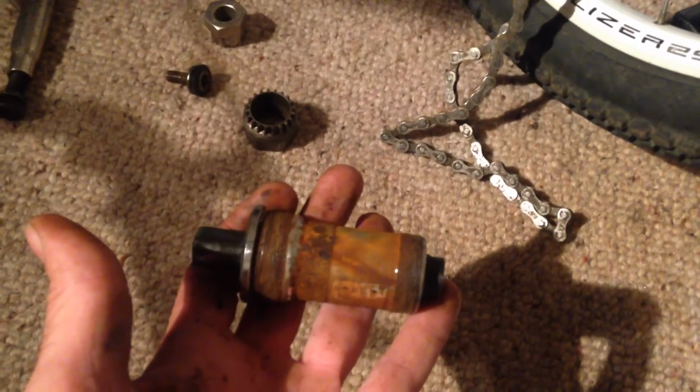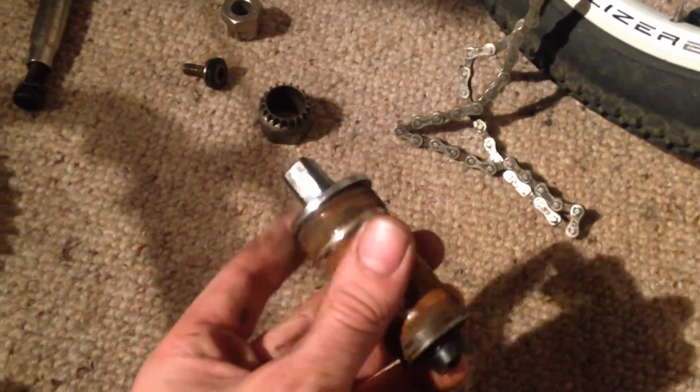Okay, a problem a lot of people have a lot of the time is removing an old bottom bracket. As you can see, this one's been fighting me all the way, even though I had to cut the cranks off with an angle grinder. So, mostly the problem is, one of the first things is, when you start applying pressure, these tools quite easily just